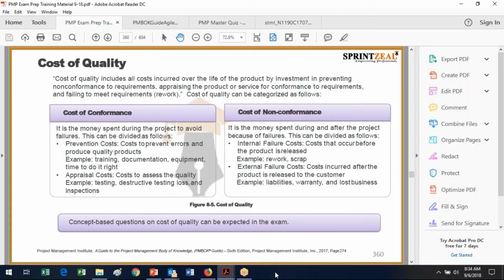I talked about the old project that I was on that was really a 5-year project. They wanted it done in 3 years. So when you don't have the time to do it right, you often have to do things over. And then another cost of conformance is the appraisal cost.